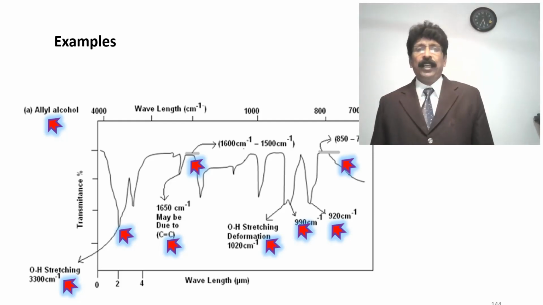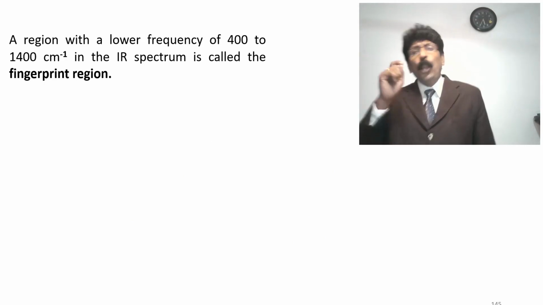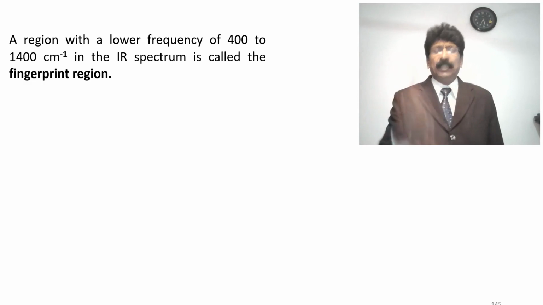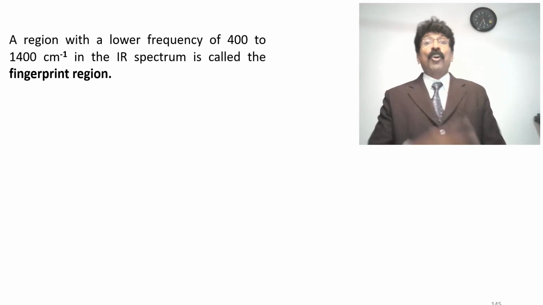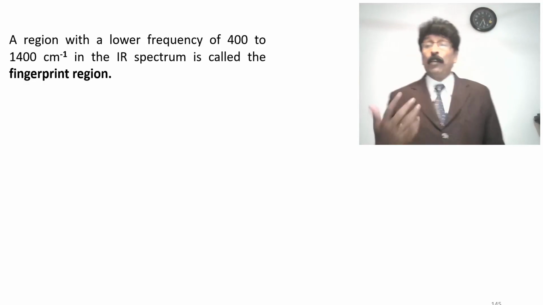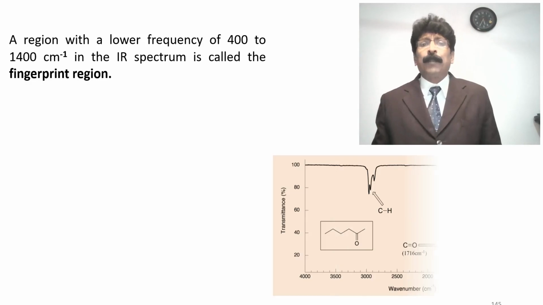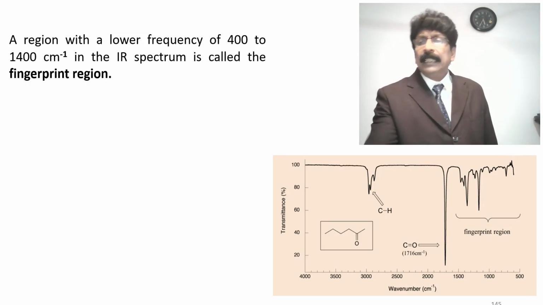for 1650 centimeter inverse. A region with a low frequency of 400 to 1400 centimeter inverse in the IR spectrum is called the fingerprint region. Even when I was studying, I had a doubt: what is this fingerprint region? See, the fingerprint region means the region from the